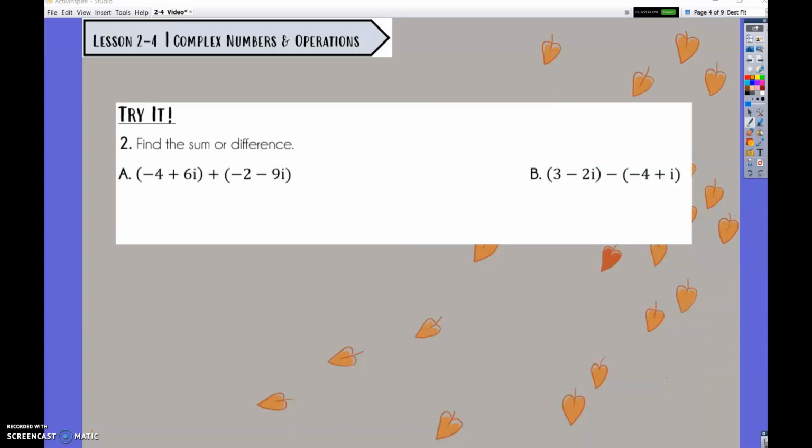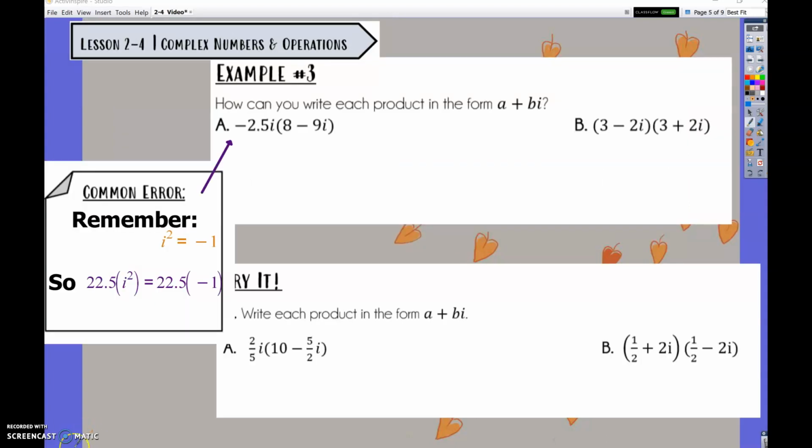You can try the try-its for this example too, and check the packet for your answer key. Keeping in mind that we know square root of negative 1 is i, we'll use that, and now we're going to find times where we're going to be multiplying. So we added and subtracted in example 2. Now we're going to multiply. Nothing really changes here, so I'm going to distribute this negative 2.5i times 8, and I'm going to distribute negative 2.5i